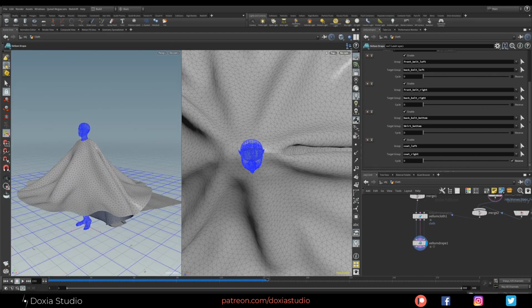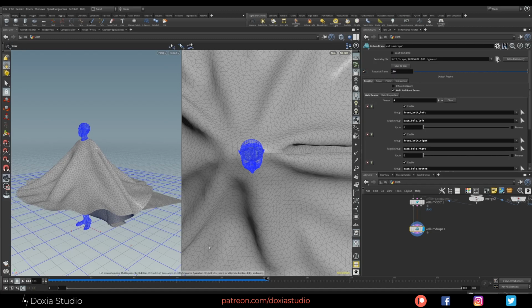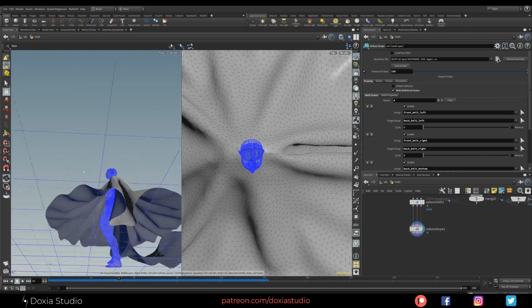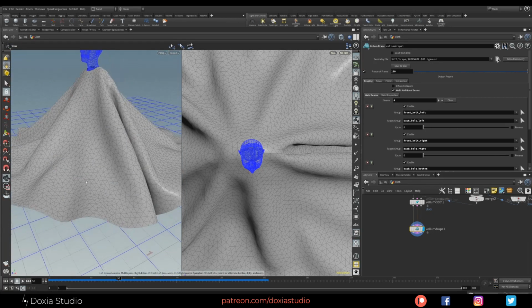Okay, if we wire this to a Vellum solver, it will work, but I want to show you a little process before. Okay, first we need to freeze this animation. If we freeze this on 150, let's change this freeze at frame 150, you see that we will freeze the simulation. So right now we are always using this freeze frame at 150. I'm using a higher number because the cloth simulation was taking a little bit to simulate and fall down.